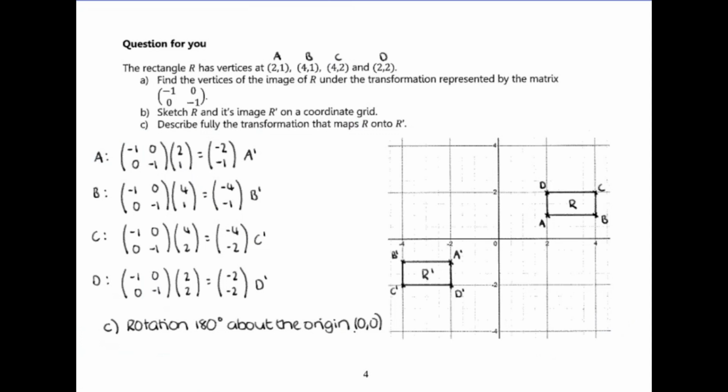Answer to this one, so they've done them individually. So each of the images are there. If you draw it, well, it's a couple of rectangles. So there's one down here and one down here. The single transformation that's happened to this is it's been rotated 180 degrees about the origin. You don't have to say which direction it's in because it's the same both ways. But like Dan says, you can reflect in the y-axis and reflect in the x-axis, and you will get the same